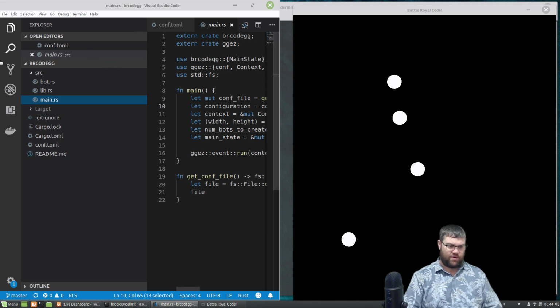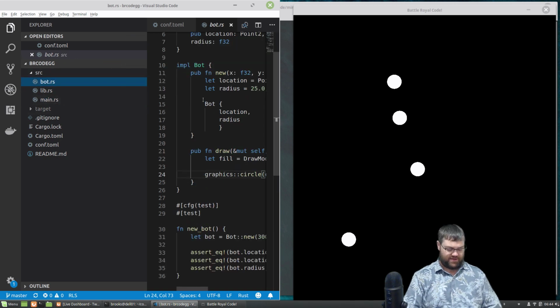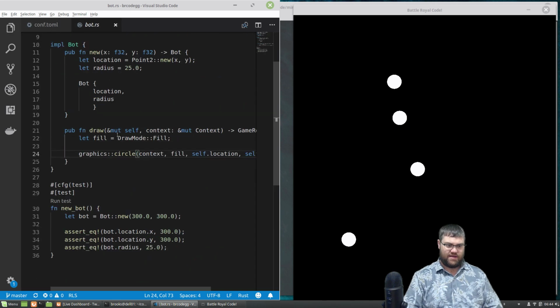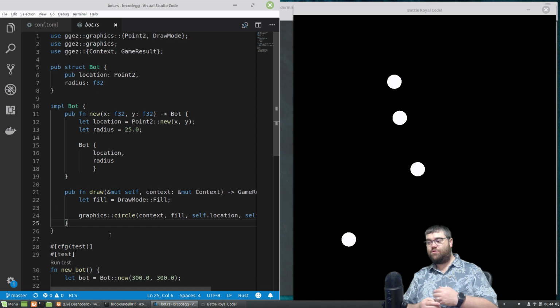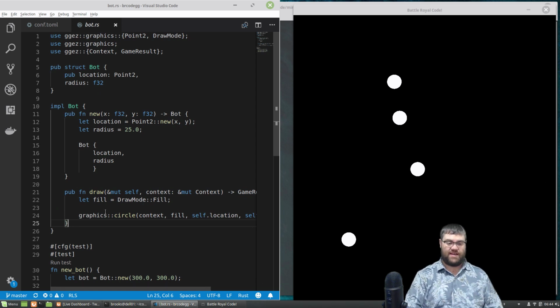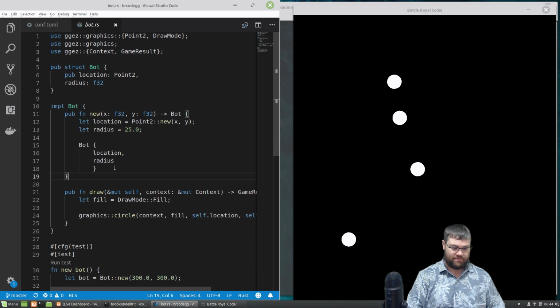Okay, so if I wanted to slowly continue moving towards outsourcing this bot into a thread, what I'm going to want to do is, here's this bot. What we could do is tell each bot to move randomly, then figure out what the parts of the bot are. Well, actually, there'll be an update part, right? So draw is going to have to be out here, but the update, that's where we tell it, hey, go do something, and it will go into a thread and then just do something. So maybe,